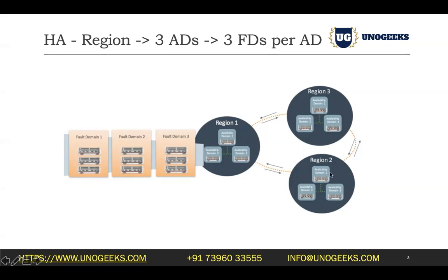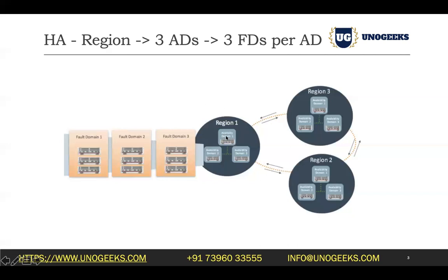And within each region, you've got multiple availability domains. These availability domains will help you to build solutions which are highly available and disaster recoverable. Meaning if you are deploying a website or a web server, you deploy it into two or three availability domains. An availability domain is nothing but a data center, as simple, think of it in that way. If you deploy applications in multiple availability domains and one of them goes off, nothing to worry. Users will still be able to access the application because it is still running in another availability domain.